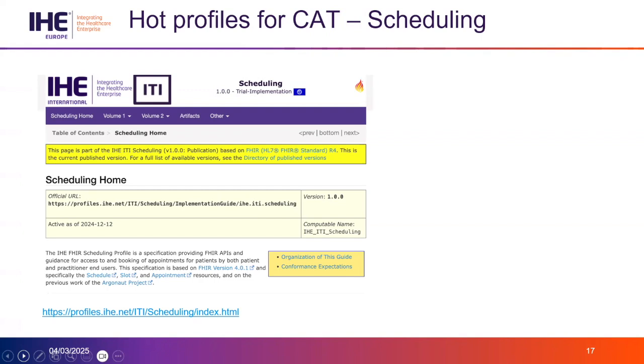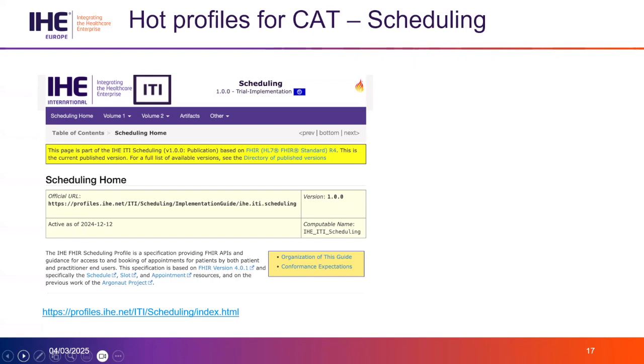And then scheduling. This is scheduling, primarily the use case is a patient wants to use their app to find a slot that they can meet with their doctor, or a slot they can meet a specialist, or that kind of thing. So it's that kind of scheduling. This is a derived implementation guide from the base work that Argonaut did in STU3. Argonaut has not progressed it, so we worked with Argonaut to move this intellectual property into IHE, move it up to FHIR R4, and add some improvements that the implementers have brought to us. So it is primarily